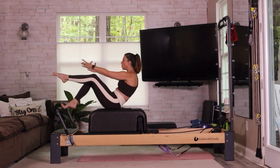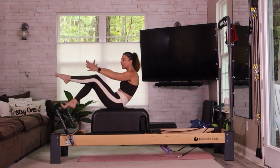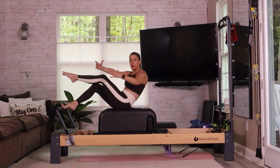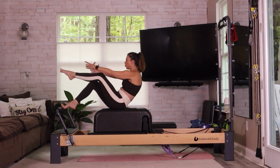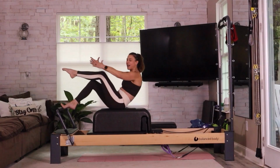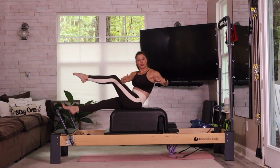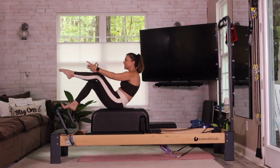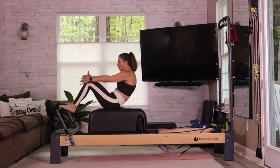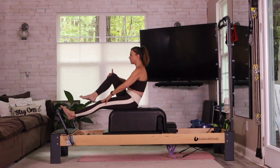Really extending long through that foot, controlling that carriage coming in as you're dragging that resistance of the carriage back to the stopper. We have 4 and 3, 2, last one, come all the way in, place that foot down, roll yourself up, extend the left leg long,